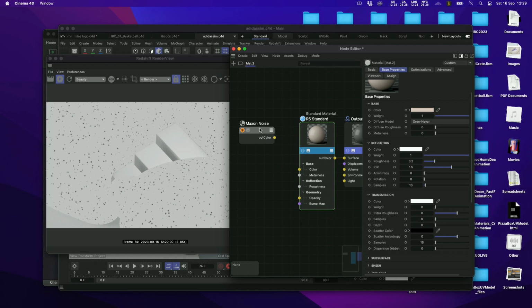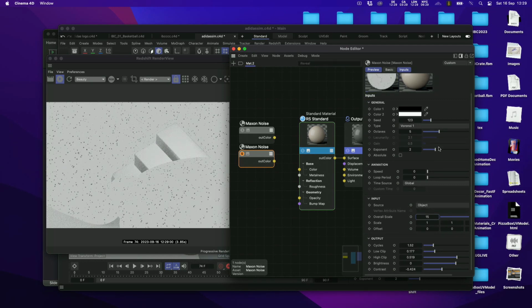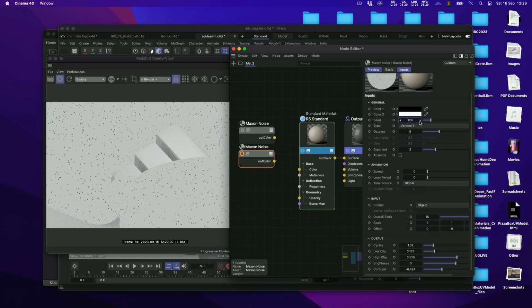So that's the first noise. And then what we can do is we can just layer these up and duplicate them to create our own version of our own Maxon noise. So if I just duplicate that, solo this one, maybe make them a little bit smaller, and then maybe just adjust the seed so we get a different sort of random distribution. And then one more time,